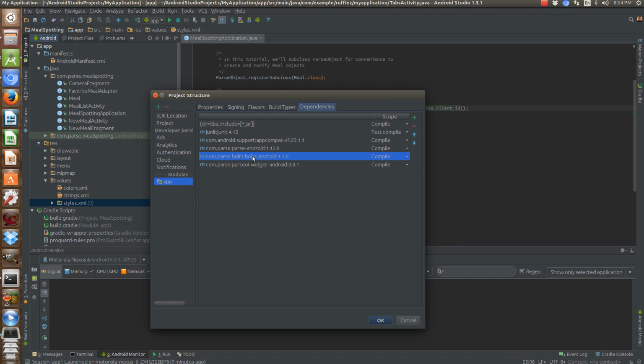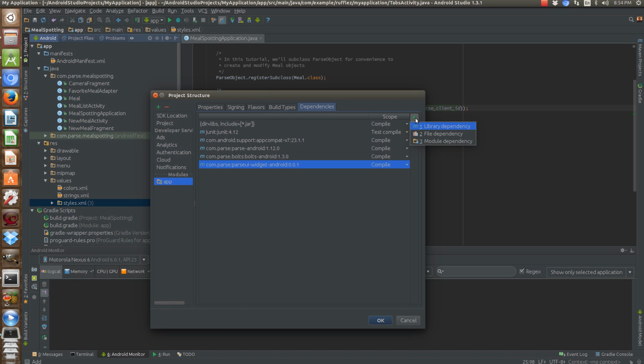And then you probably don't actually need the bolts. You can get rid of this. But 2 of the classes that this app requires that were removed from the SDK were the parse image view and parse query adapter. Those have now been moved over to parse UI, which is one of the fixes that I had to find. But you can get these